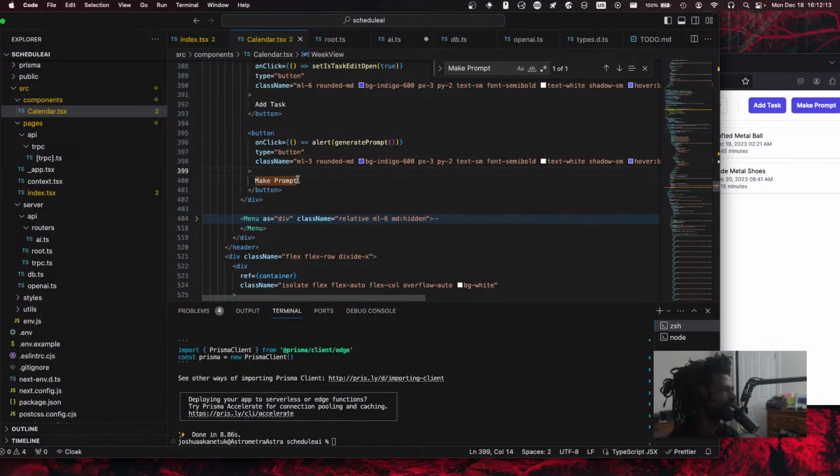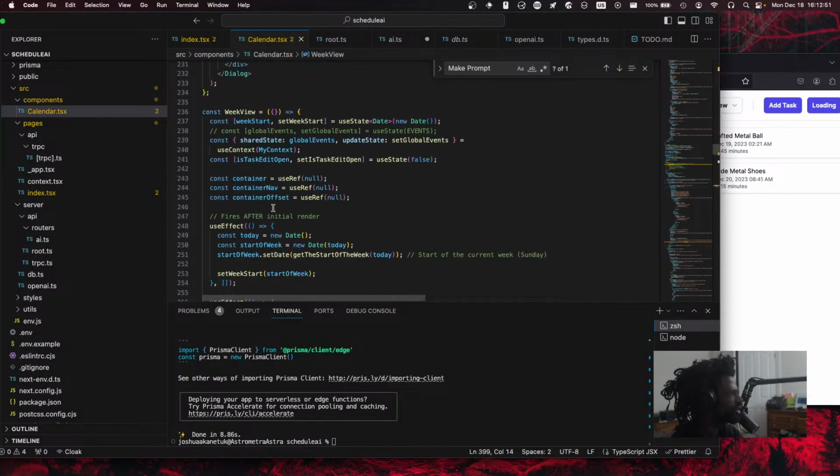I don't know how to show it loading. We can do something like, if is loading is equal to true, then do the loading icon. If not, then the text is just make prompt. There is no is loading though, so I'll just do if true is true for right now, and then we can replace that. So what we're gonna have to do over here in the view is,